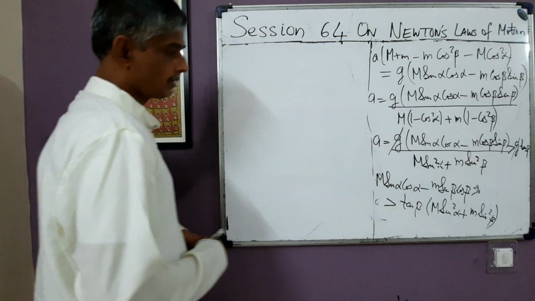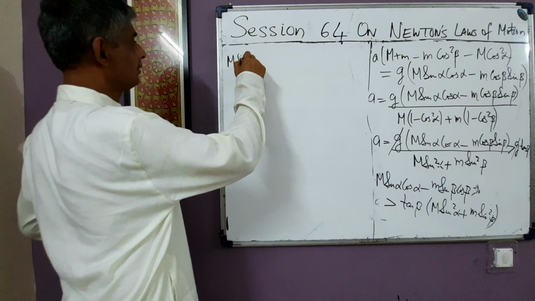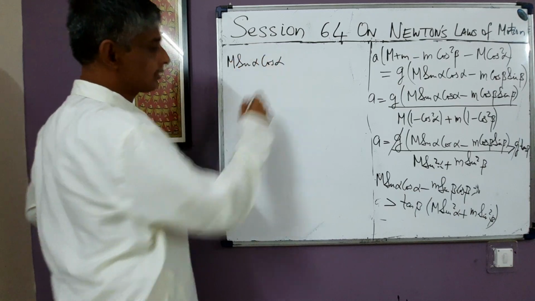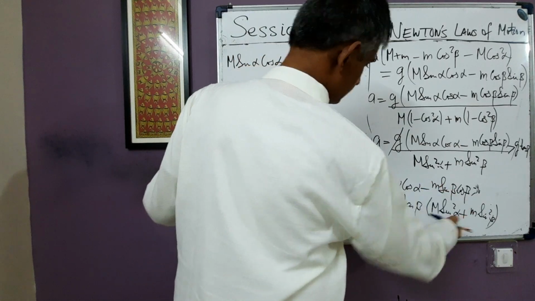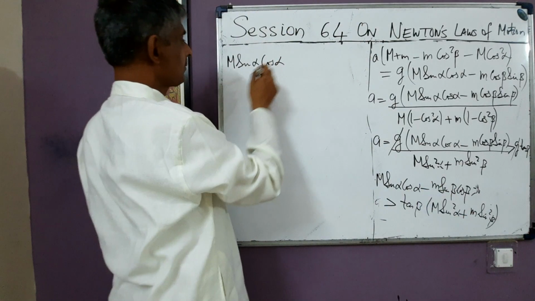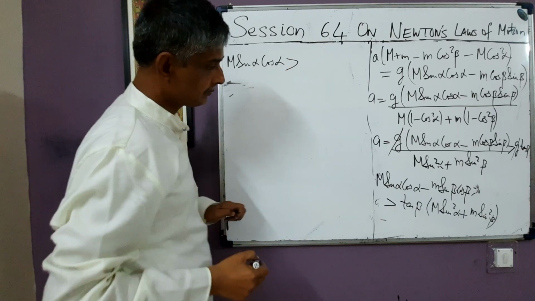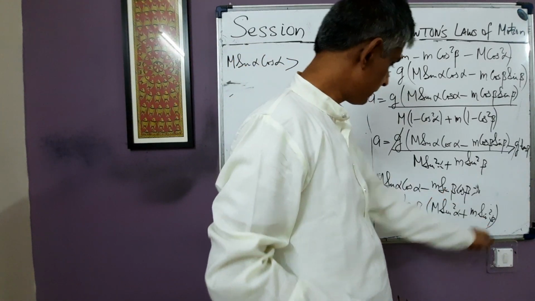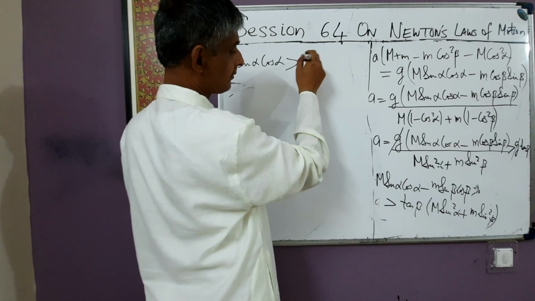Okay, fine, all right. So what do I get? M sin alpha cos alpha. Okay, I shift this term to this side, becomes greater than, this term I bring it this side. Okay, so it becomes tan beta